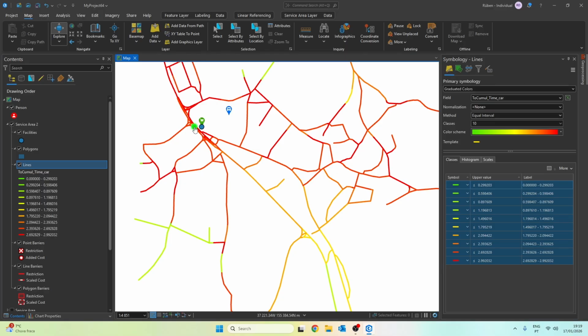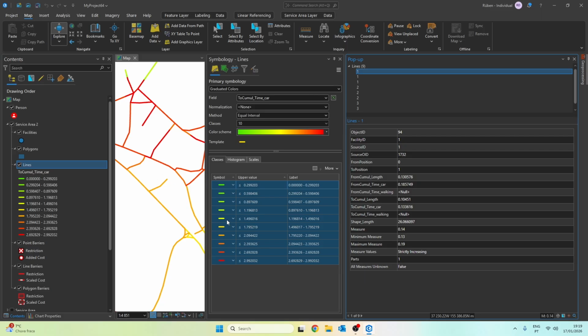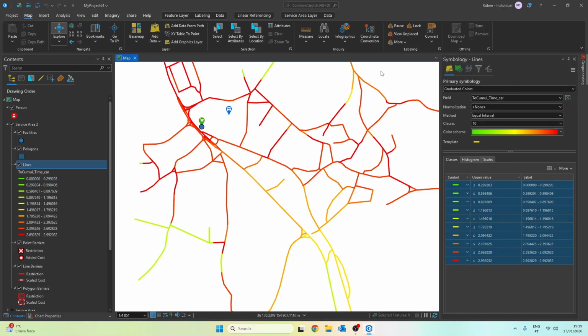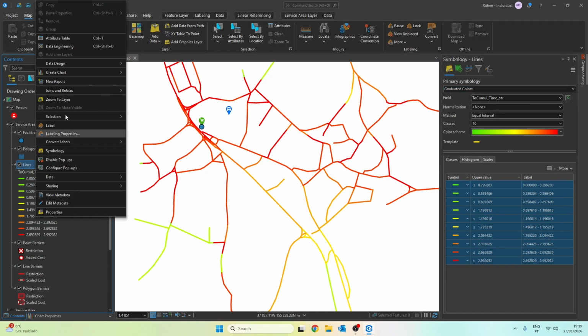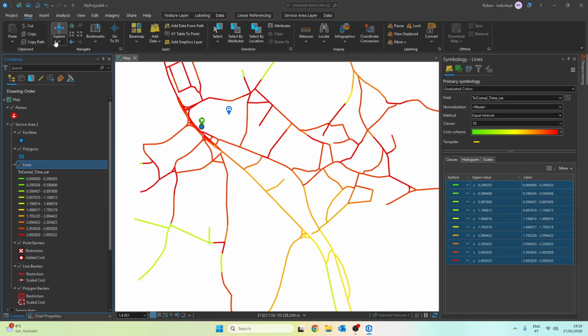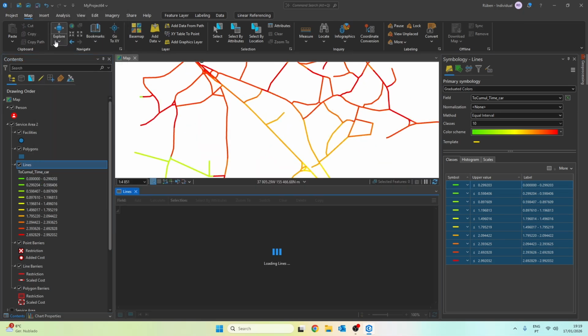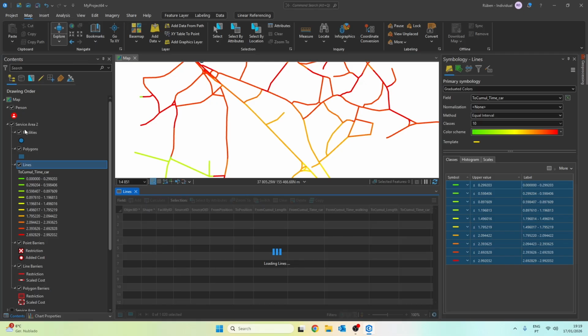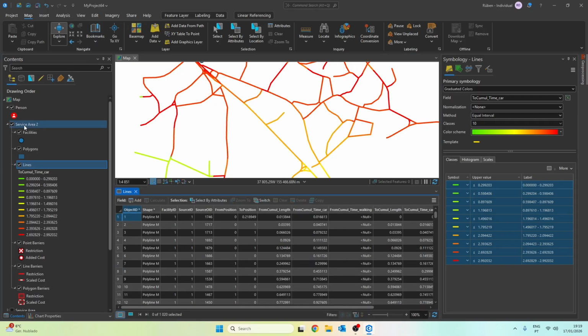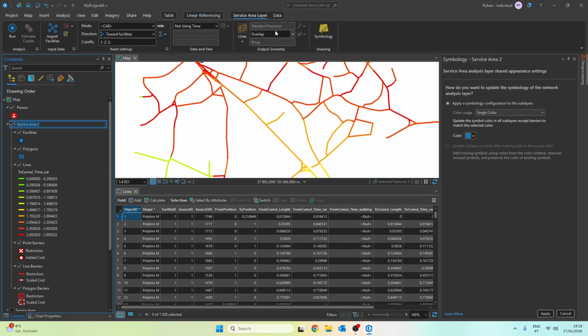These lines correspond to facility number 1, which appears in the attribute table. Essentially, there are 2 more identical lines underneath this one, each with a different attribute, one for each facility. In other words, if you want to visualize the data for each facility individually, you either have to export the data separately or separate each one by time and by facility. So how can we do an exercise identical to the previous one, where we analyze everything at once regardless of the facility? Let's go back to the service area layer, choose split instead of overlap and see the result.